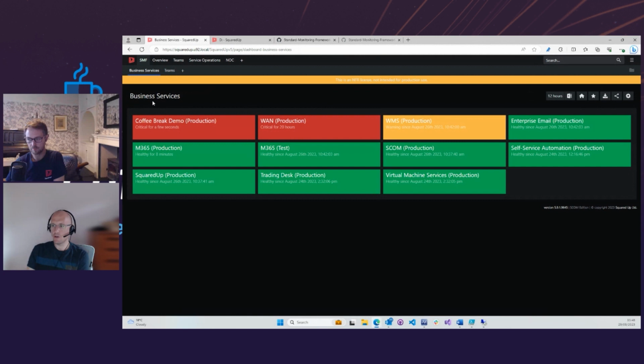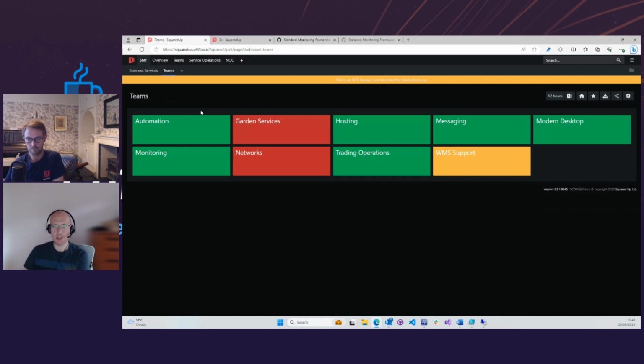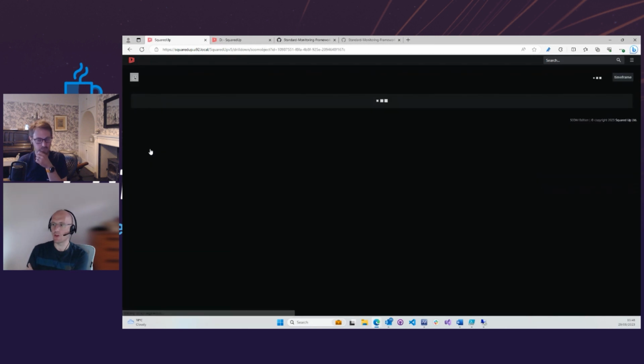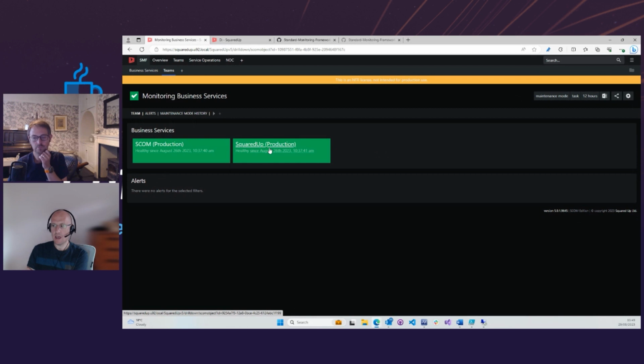I've got two dashboards, a business services dashboard and a teams dashboard, and the teams shows all of the teams that have been created, and we can go into a team and see what business services belong to that team. So if we look at the monitoring team, we've got two business services in there, a SCOM and a Squared Up, and this view is just a perspective. So if we needed to amend it, we amend it for all teams, and that gets updated. I'm going to go back to the main dashboards,